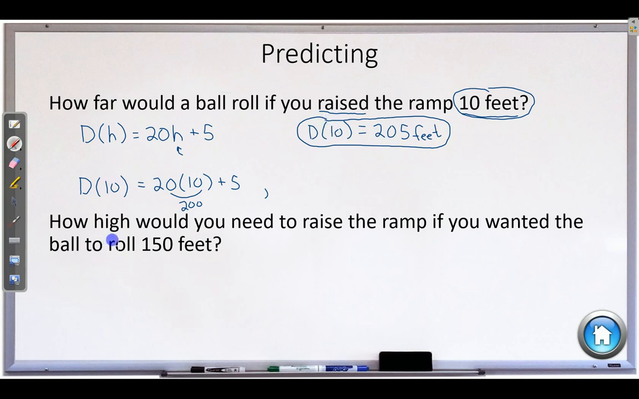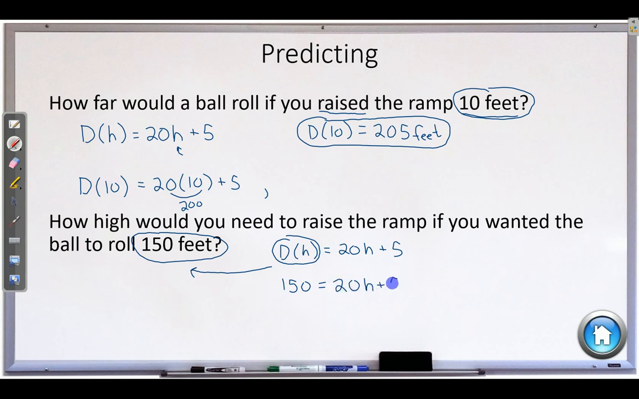All right, now how high would you need to raise the ramp if you wanted the ball to roll 150 feet? So here we have a different value. This is not the input, this is the output. It's not a height, it is a distance. So that is going to go in for d. So I'm going to write my equation again. D at h is equal to 20h plus 5. This time I'm not replacing the h, I'm replacing this whole output d of h. That whole thing is going to be 150 is equal to